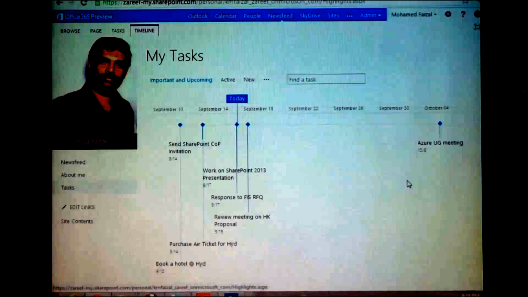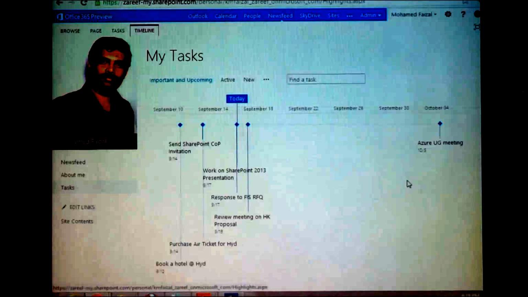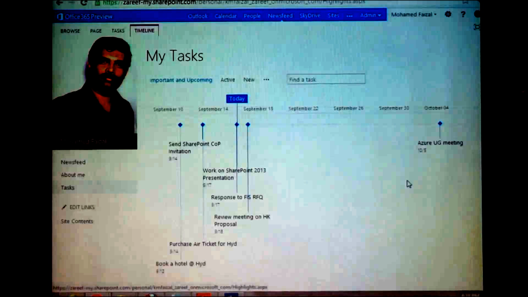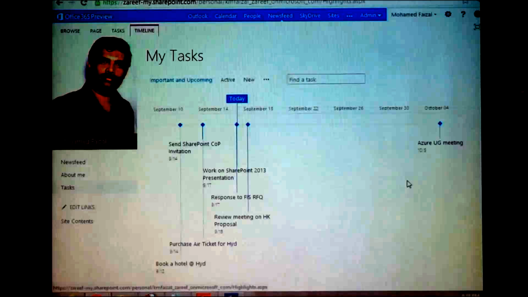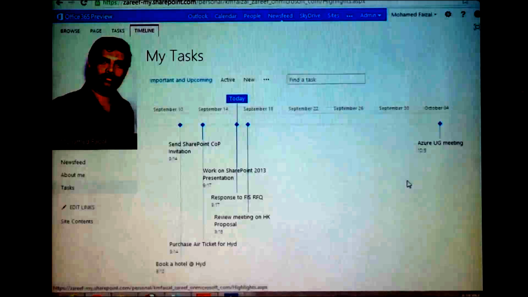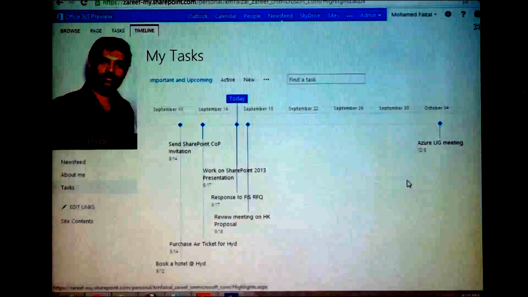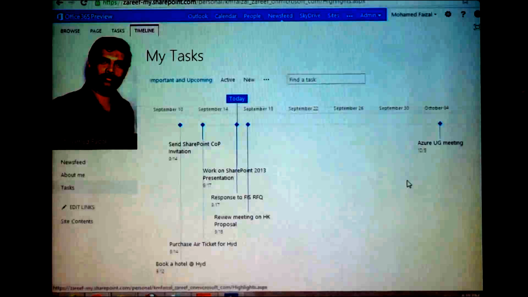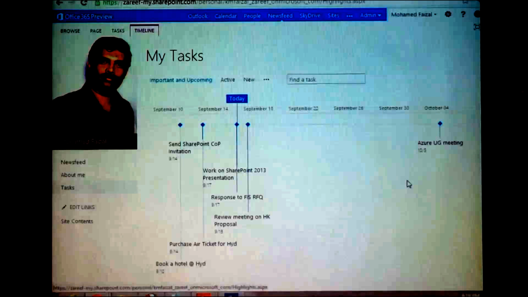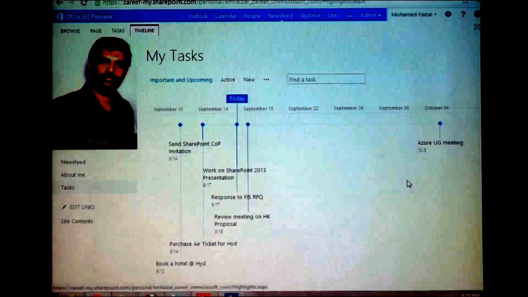The work management service is actually running in the backend and bringing you all these tasks across the various site collections and displaying them here. And not just the tasks in your task list: if you generate a task from a workflow, or from anywhere within SharePoint, and put it in a task list, it will appear here. So you don't need to write any custom code now.